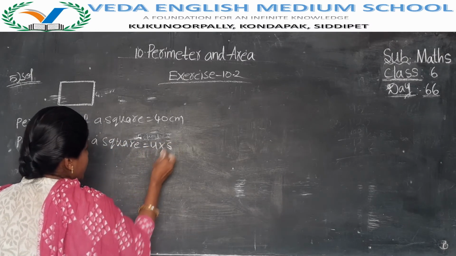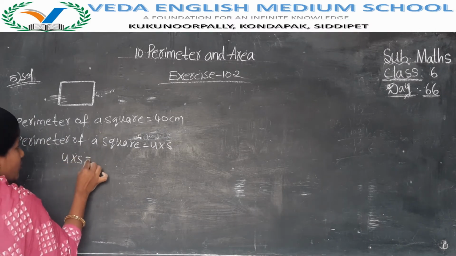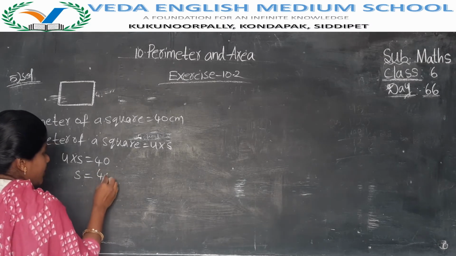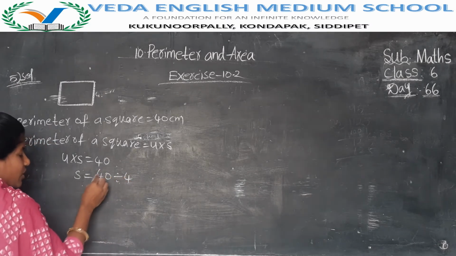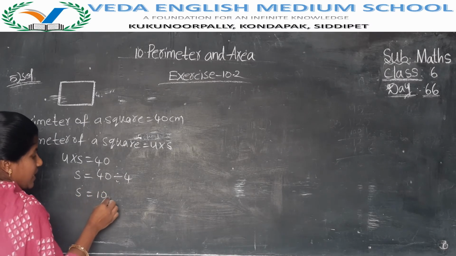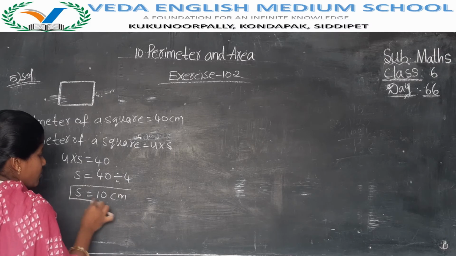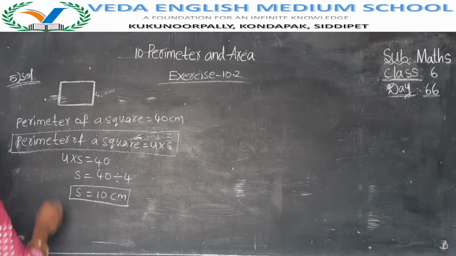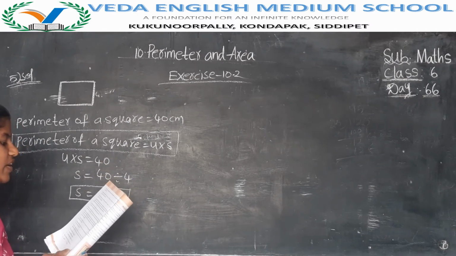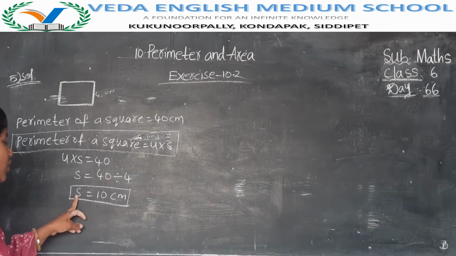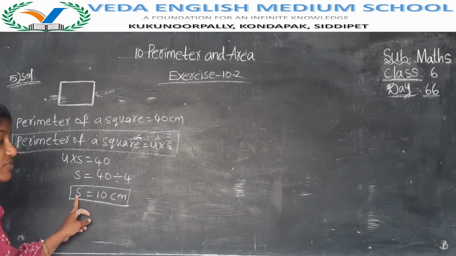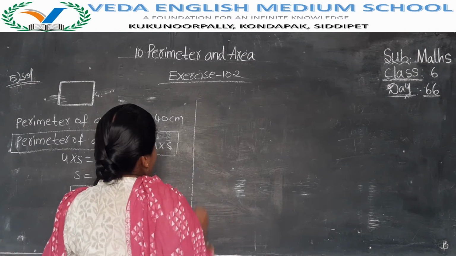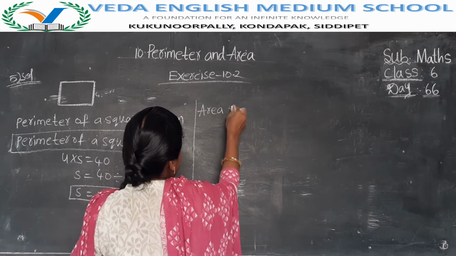4 into side. Then 4 into s is equal to 40. Then side is equal to 40 divided by 4. 4 times 10 is 40, that is 10 centimeters. So the side of the square is 10 centimeters. Then by using this side, what is the length of its side? Length of the side of the square is 10 centimeters. Then also find the area of the square sheet. So area of a square formula: area of a square is equal to